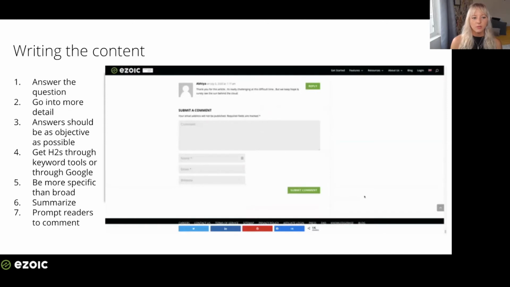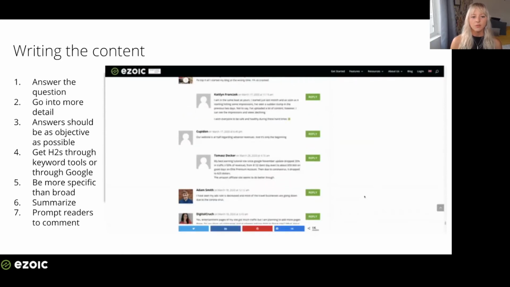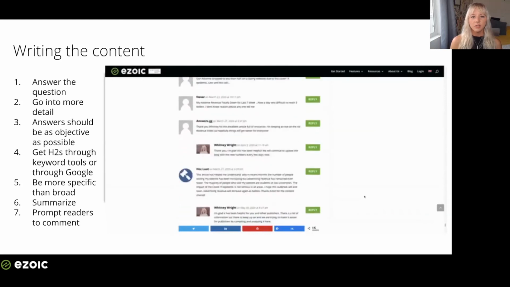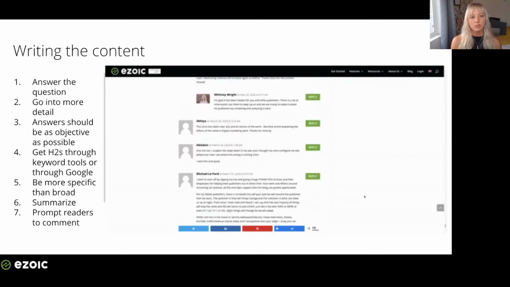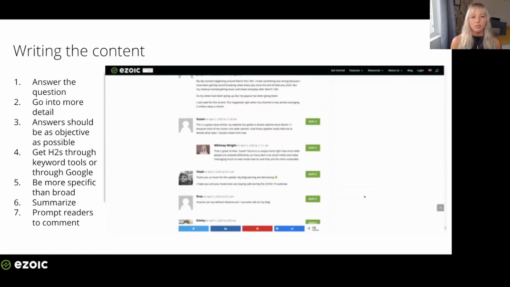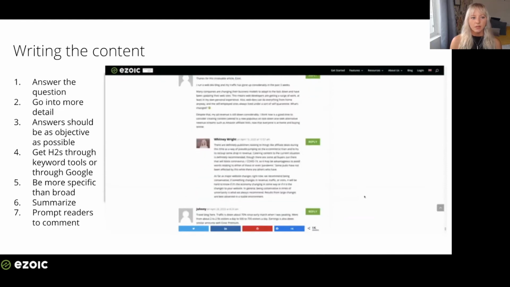So then when you're finishing up your content, you should, at the very end, in a paragraph or in a bulleted list, summarize what you went over as best as you can. This is good for the reader. It also is helpful. Sometimes readers will look at the beginning of an article and then skim through it, and at the bottom, you can have a quick summary and they will read that as well.